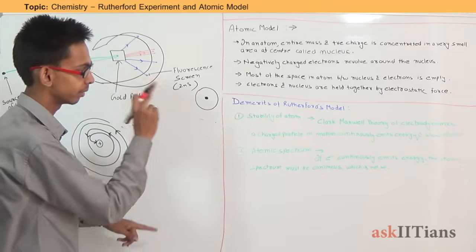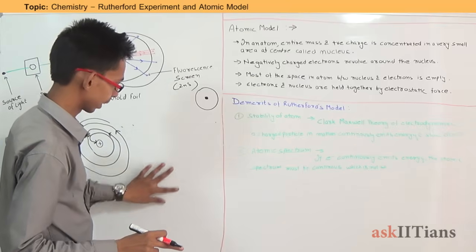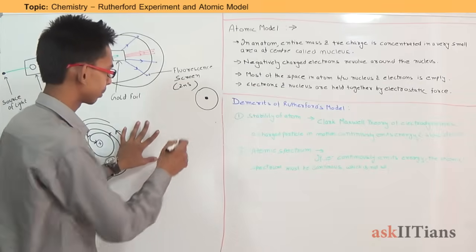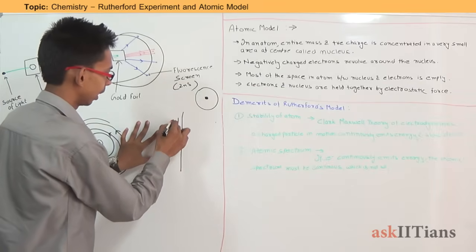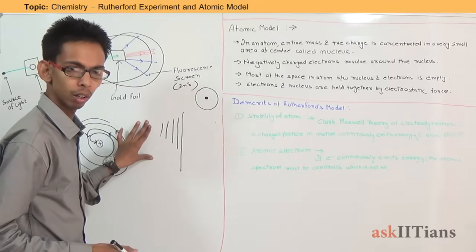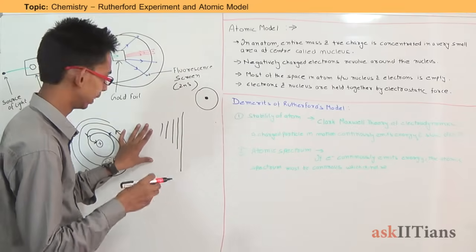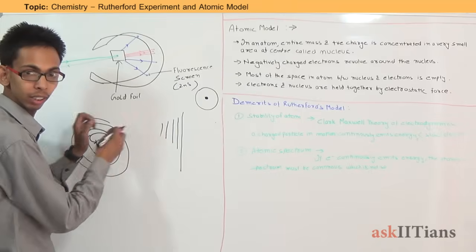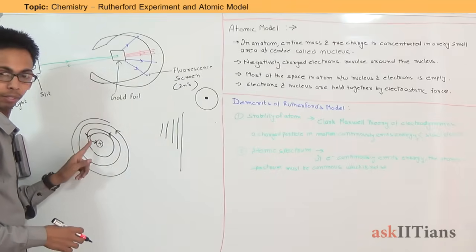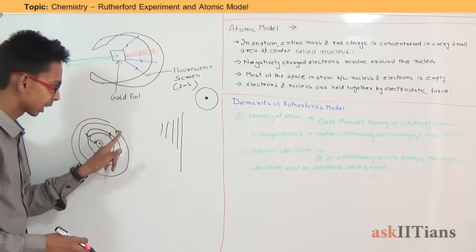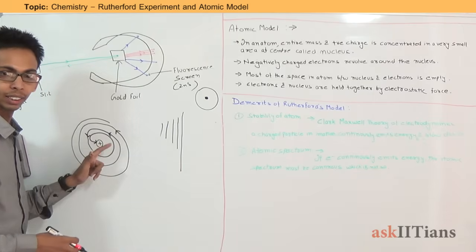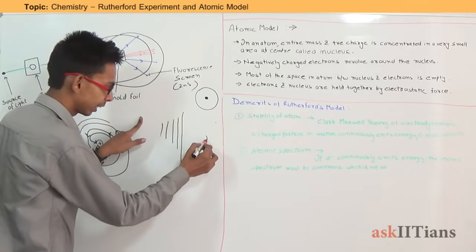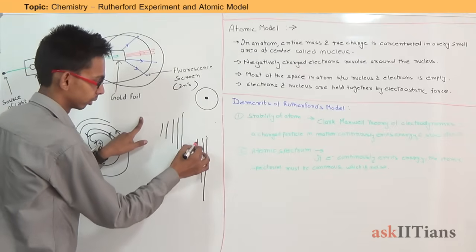And the second thing is also related to this. There is something called atomic spectra. We will discuss this in detail in later videos. But what is atomic spectra? Atomic spectra is a series of lines of radiation of different wavelengths which are emitted by electrons of an atom. Now, if the electron is under continuous acceleration and continuously emitting radiation, the atomic spectrum should be a continuous line, it should not be like this.